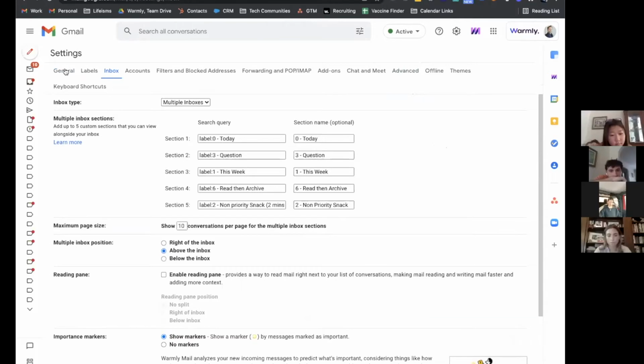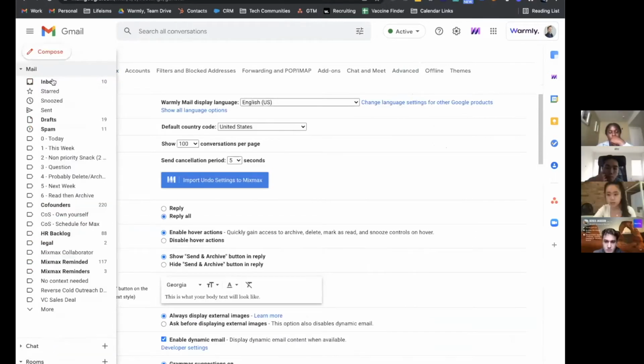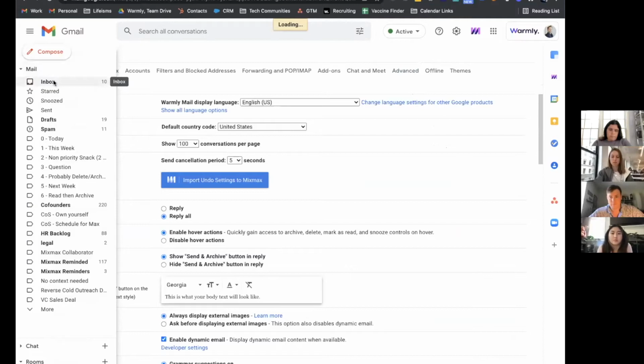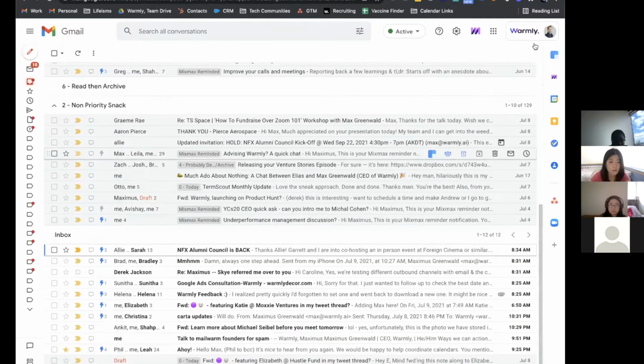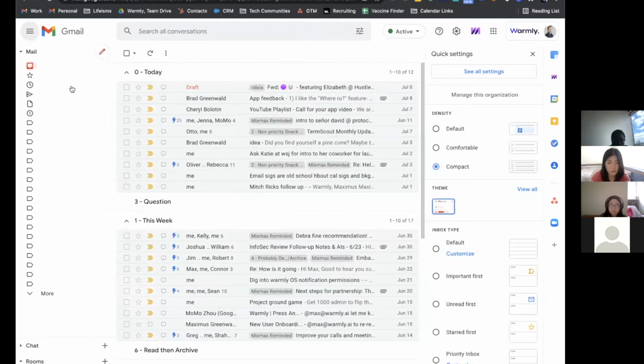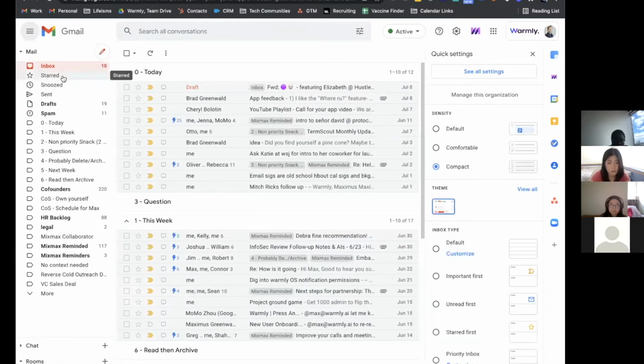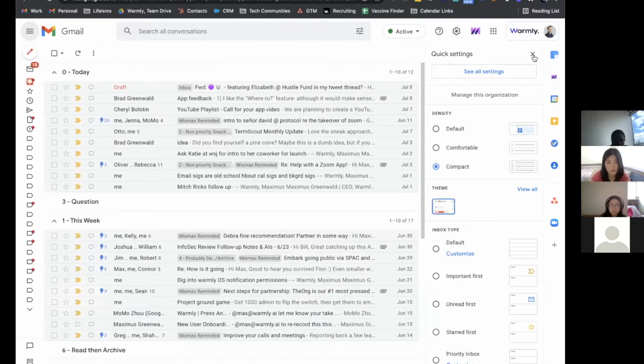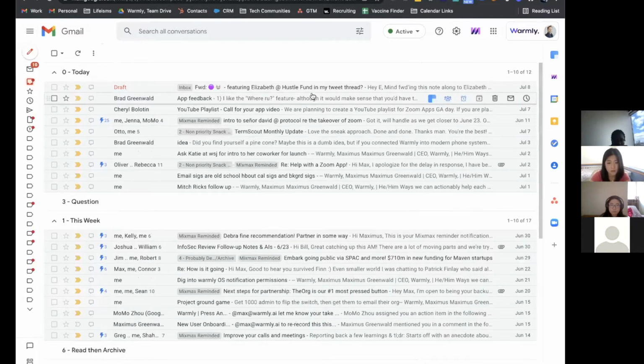The other things in terms of visual clutter is I do everything I possibly can to make my email as easy to digest as fast as possible. And so I do things like I have the compact version of it on, so it's thinner, so I can see more emails faster. I don't allow all of these words to be here because I don't care about seeing the words starred, snooze, and sent all the time. So I intentionally hide this. And so I can maximize the chance that I see as many emails as possible.